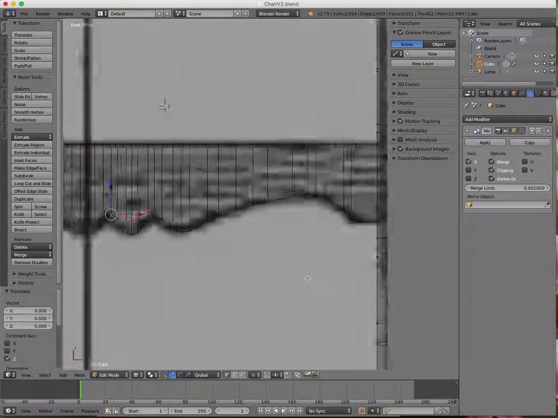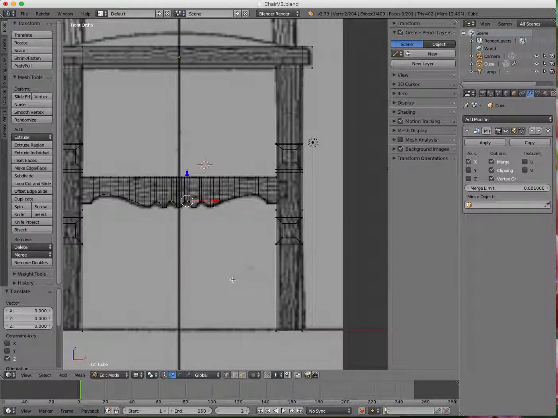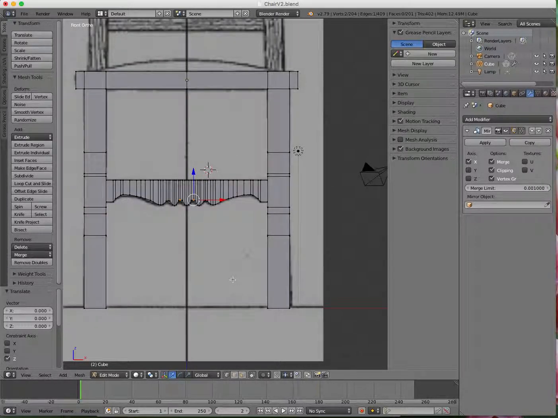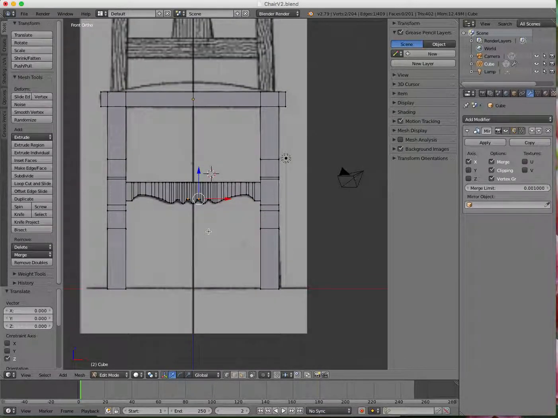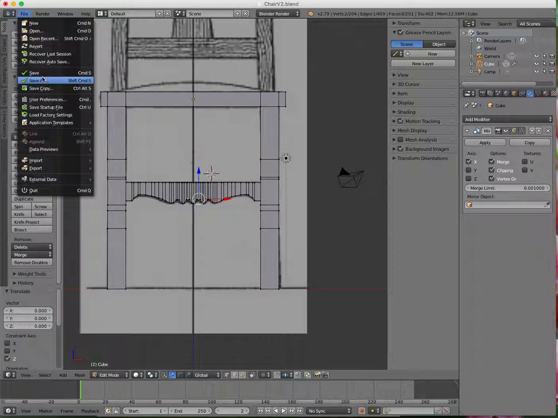Okay, so I'm pretty happy. So if I go back, if I press Z, yeah, this looks perfect. I'm really happy with the result that I get in this part of the chair. Okay, so this is it for this tutorial. So I want to save this, file save,